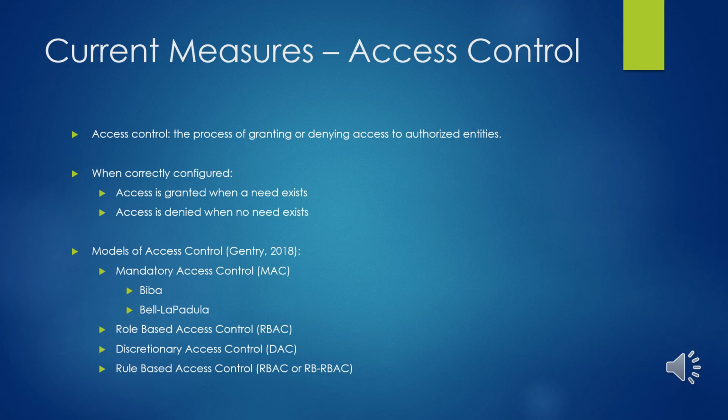The last model, rule-based access control, is used to automate the process of access control via the use of a finite set of authorization rules defined by the organization. All of the models can be useful, with none being particularly better than the rest. We use a combination of the models in our information system.